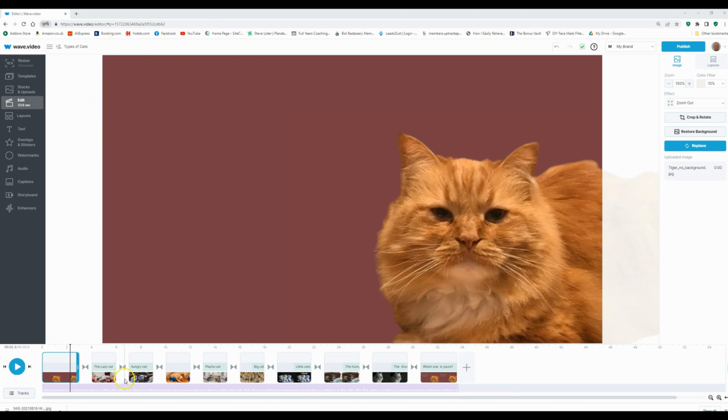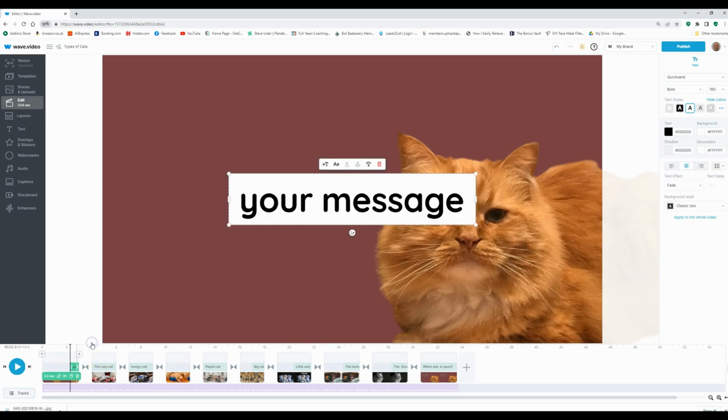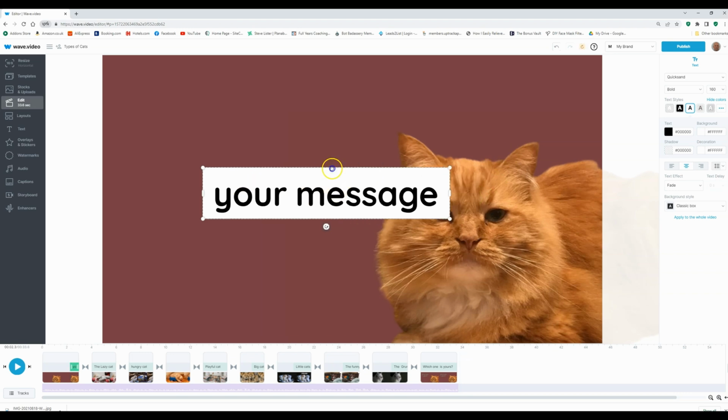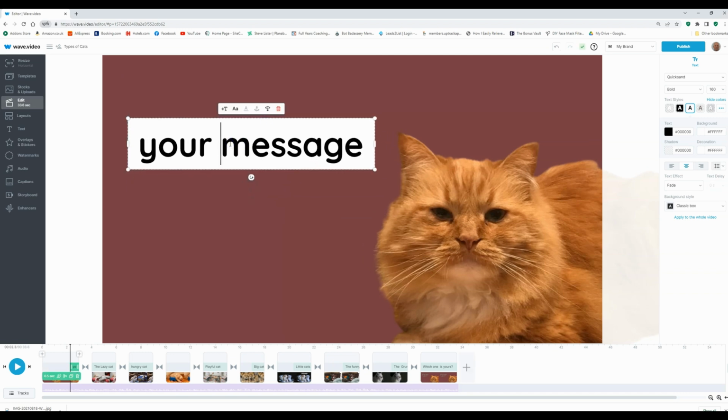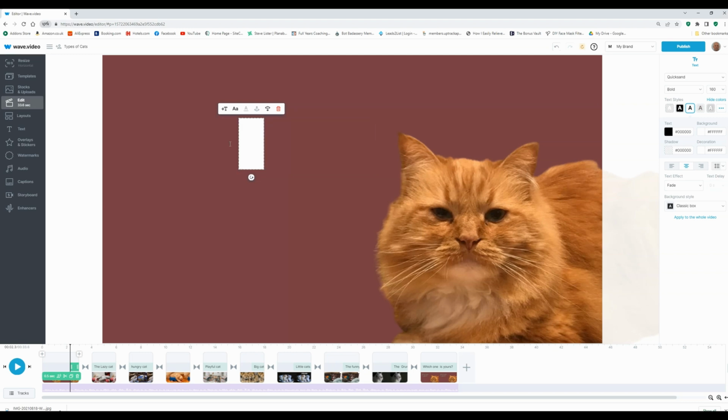If I bring my mouse down to the timeline and go to the first slide, I put my mouse down, you see a little plus sign comes up, and if I click on it, it'll say add a call to action, add text. So I'm going to click on add text. And you see it brings up a little sample text and a text box. Now, I'm just going to move that to the side here for a minute. I'm going to click inside. I'm going to delete all the things in there, and I'm going to put something along the lines of